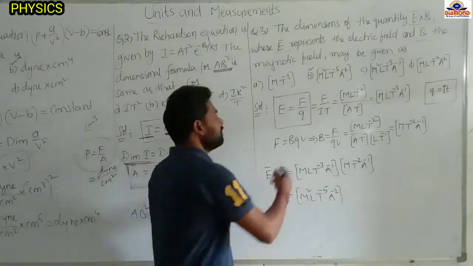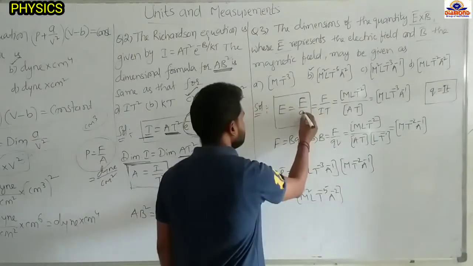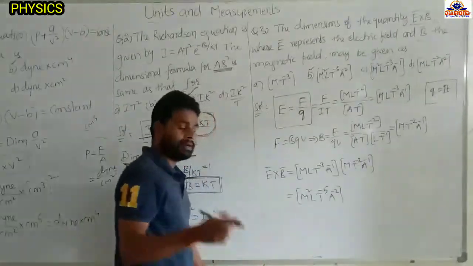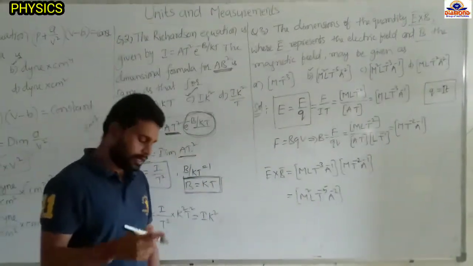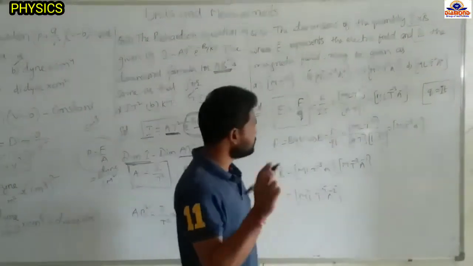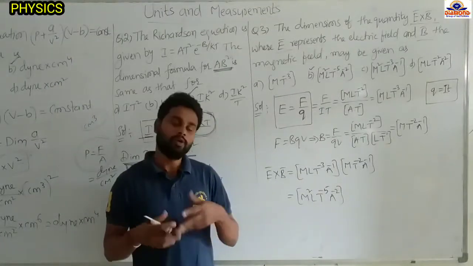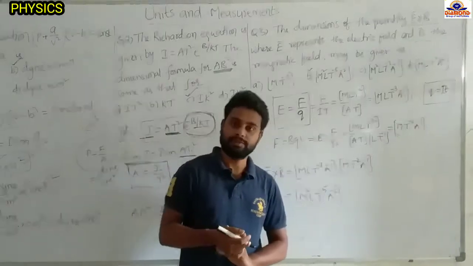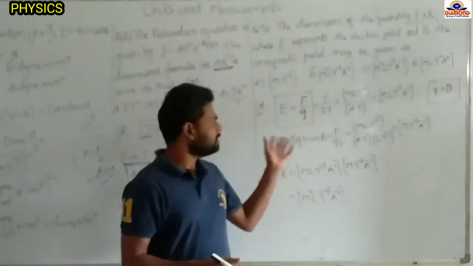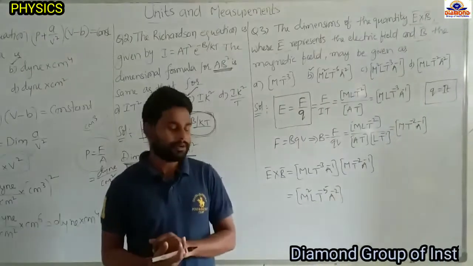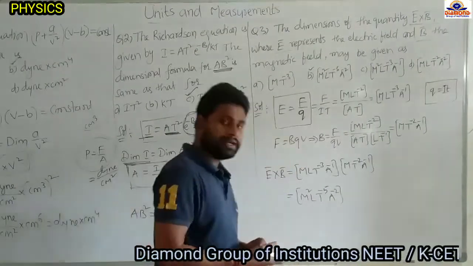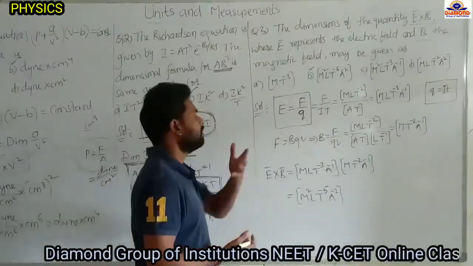Now here see, force is a derived physical quantity only, charge is also a derived physical quantity only, but current is a fundamental physical quantity, time is a fundamental physical quantity, mass is a fundamental physical quantity, length is a fundamental physical quantity, luminous intensity, amount of substance, all these are the fundamental physical quantities. Okay, so temperature also is a fundamental physical quantity, all these 7.